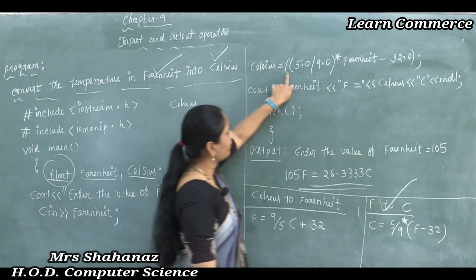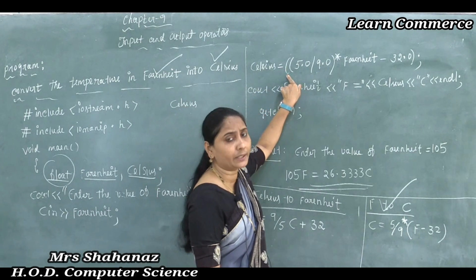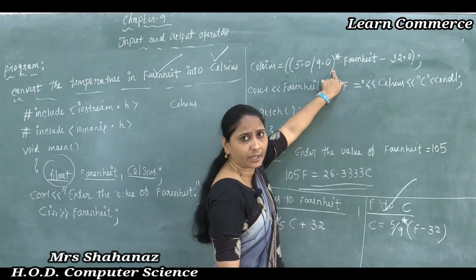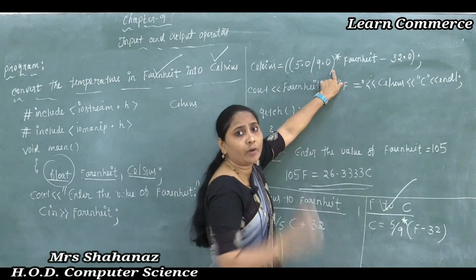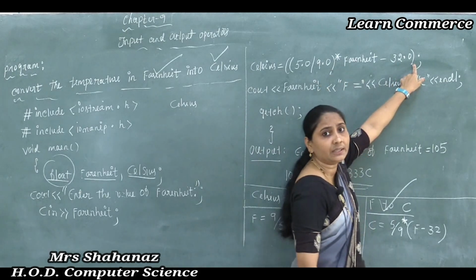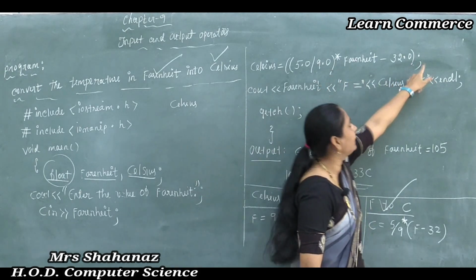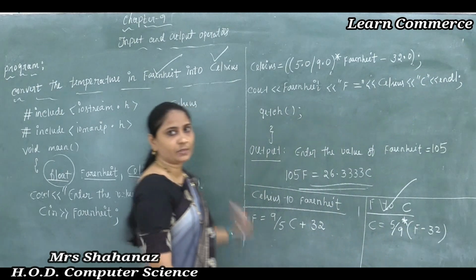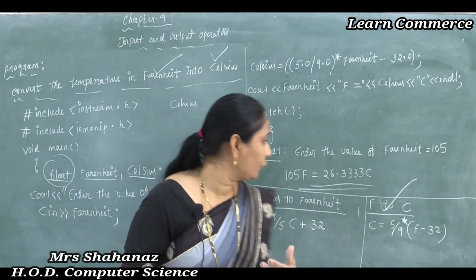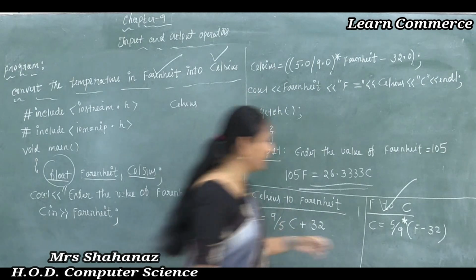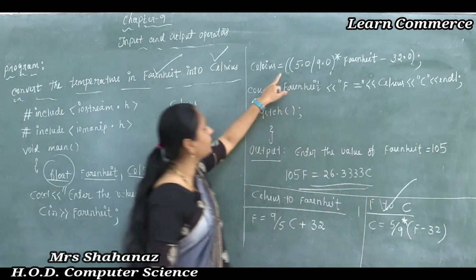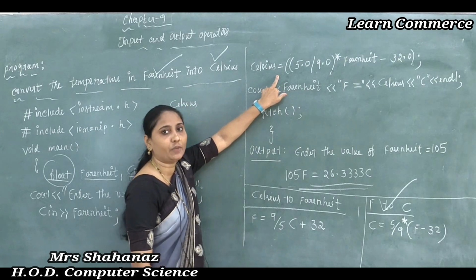So first of all we open a double parenthesis here, so one bracket we already closed, correct? Now after the 9.0 one more bracket is left here, so I closed it after the 32.0 and then semicolon. So we can say that we use the formula of Fahrenheit into Celsius, as we know the formula 5/9 into Fahrenheit minus 32. So like that we completed the formula.